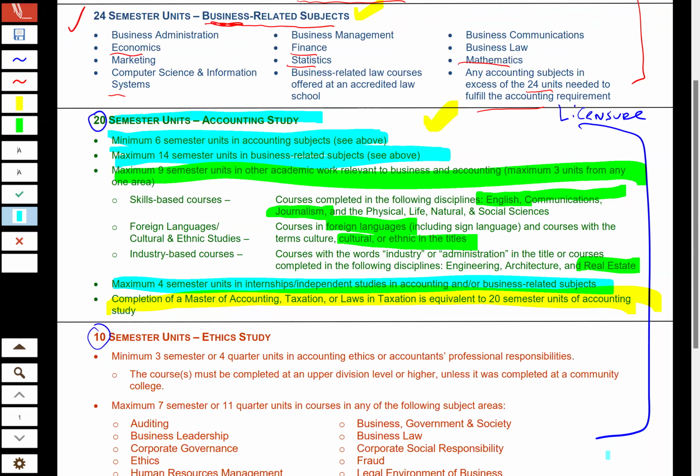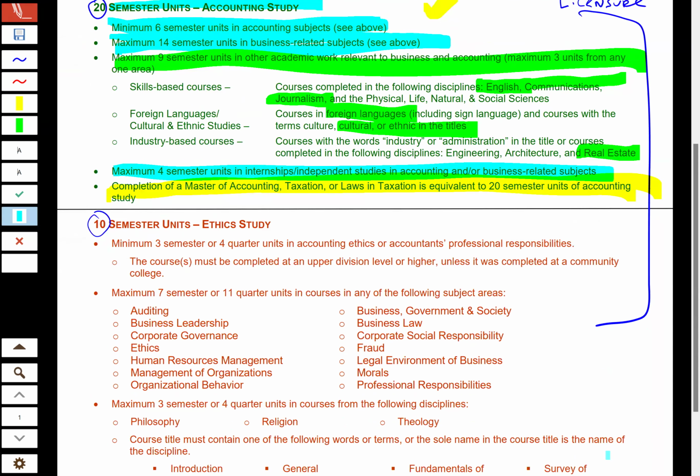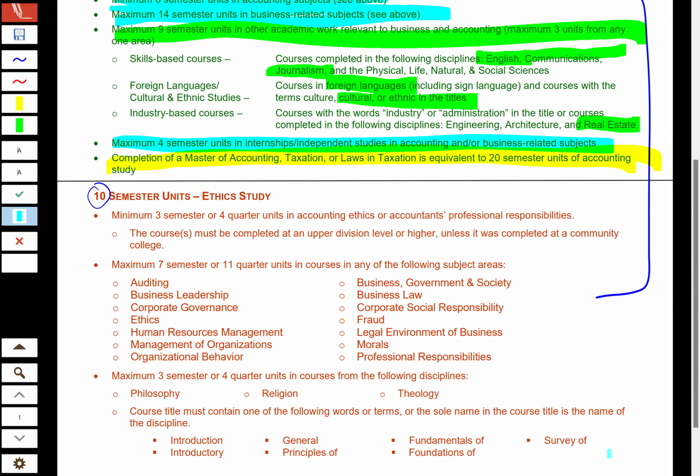Now, coming down to complete the licensure requirements, okay, you have to have 10 units related to ethics studies, and you can get up to 7 units with classes that have these words in them. Okay, you took a law class, business law, for example. You could use classes like that to meet these 10 ethics, but you're capped at 7